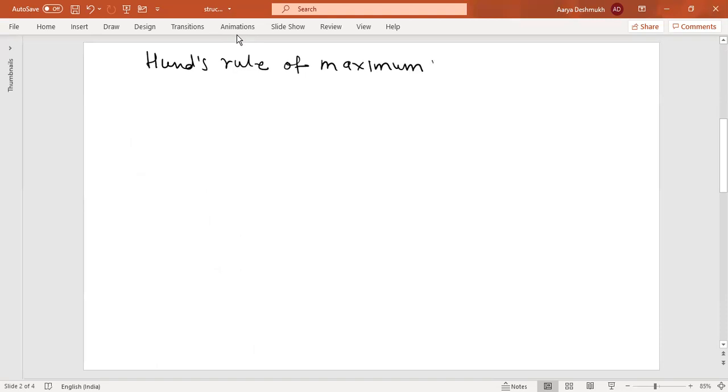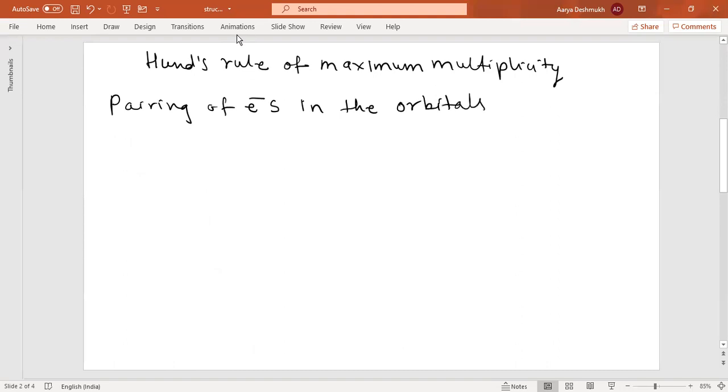The statement for this is that pairing of electrons in the orbitals belonging to the same subshell, meaning those electrons which belong to the same subshell, does not occur